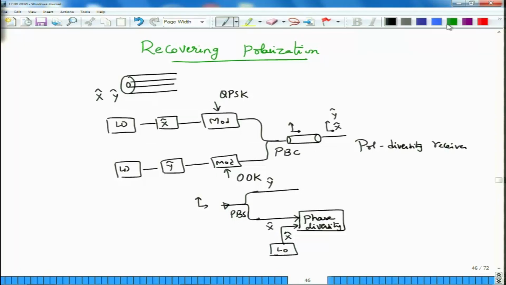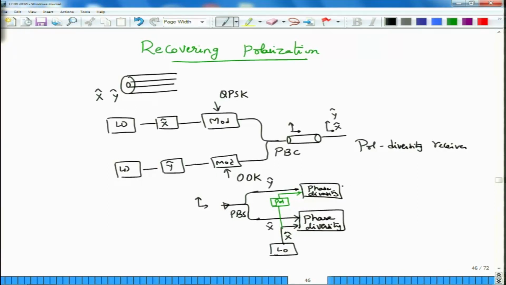But at the same time you also want a Y polarized output. So, for that one what you do is to actually keep a polarizer which will change the polarization from X to Y, and you can do so by various things that we actually talked about, or the birefringent crystals, even if we haven't talked about them, and you can convert one polarization to another polarization and then essentially put one more phase diversity receiver. Usually the signals are modulated with the same format so as to keep the rest of the processing kind of similar.